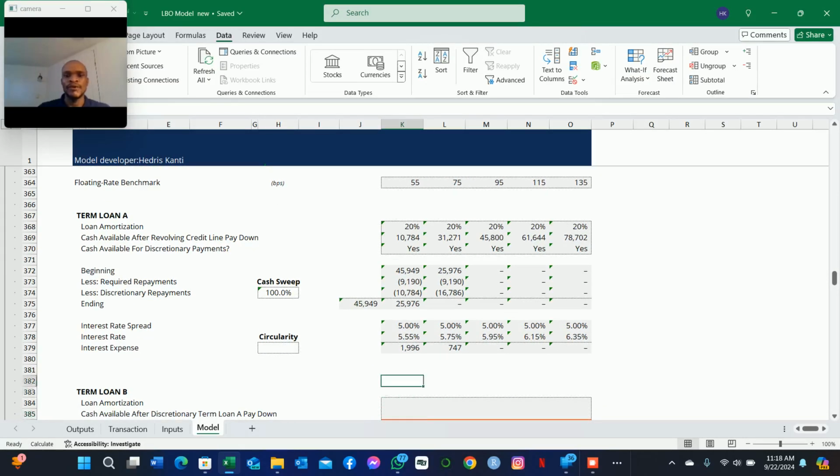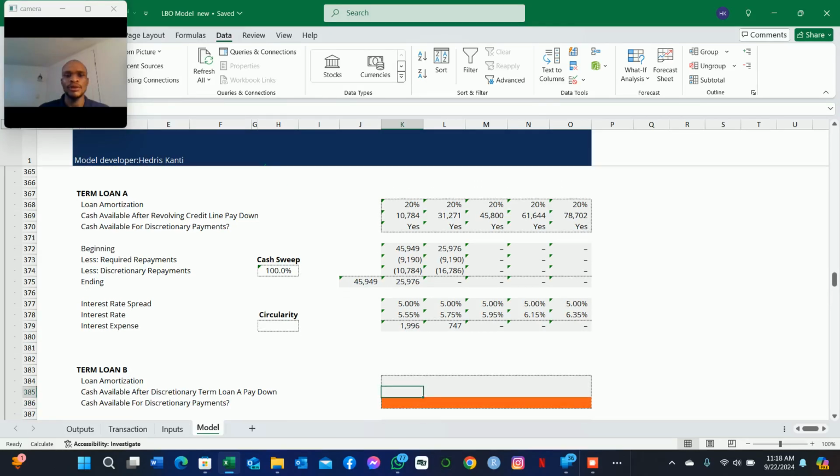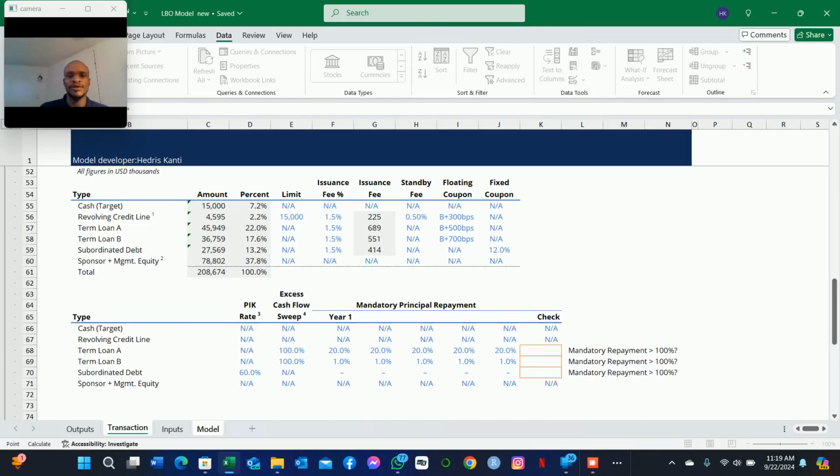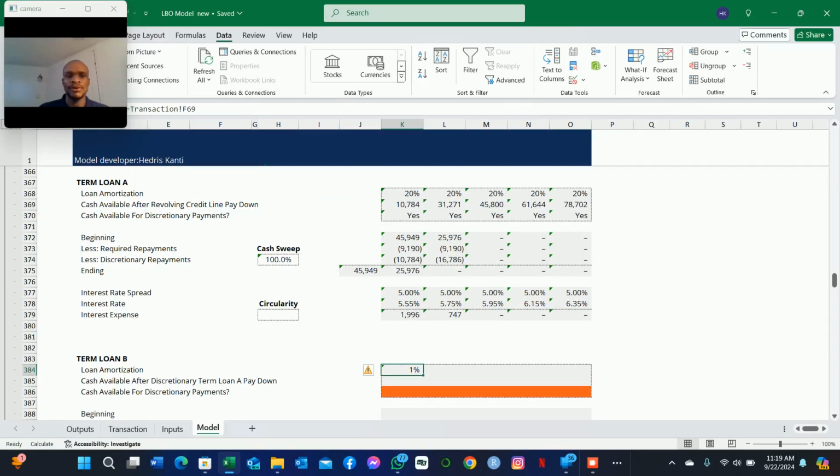So the next thing we want to do here is account for the term loan B. So in this case, we're going to be setting up the loan amortization here for term loan B. It's going to be equal to, so the next tranche of debt that this private equity will be paying is the term loan B. So the term loan B must be paid first before the subordinated debt. So as you see, as we move down this capital stack, we are moving from the most secure debt